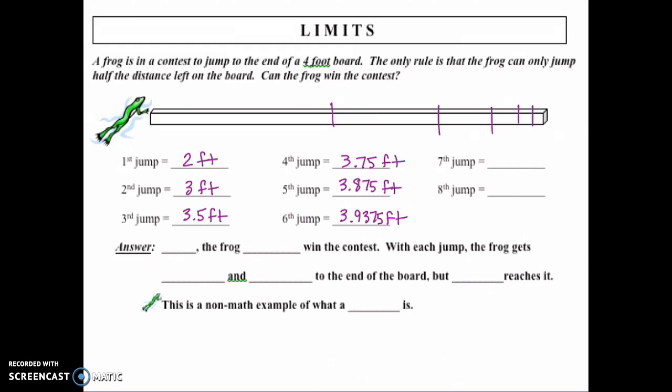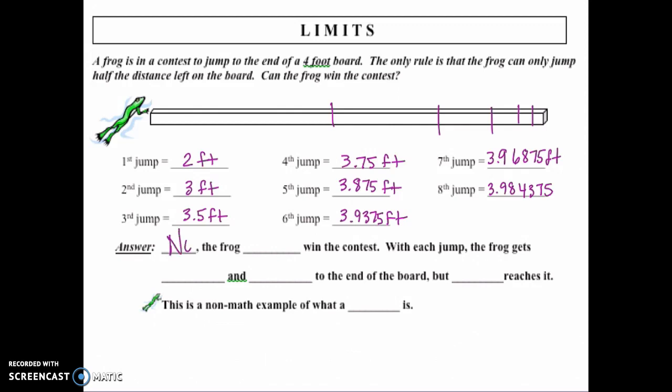His seventh jump will put him at 3.96875 feet. And his eighth jump will put him at 3.984375. We could keep going on with this forever and ever, but the answer to the question is